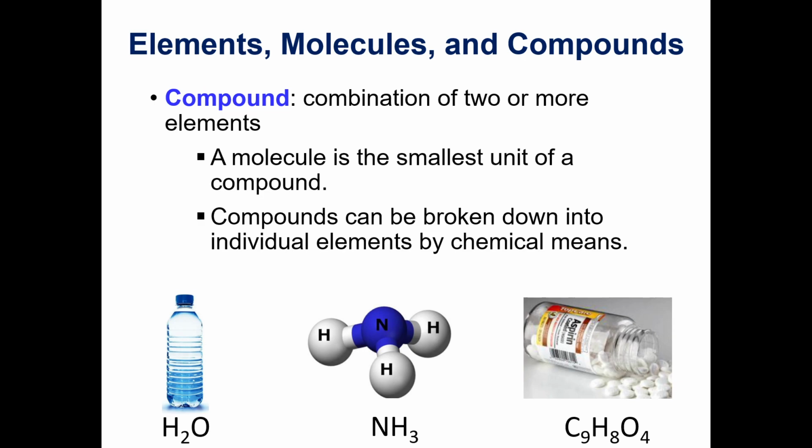A compound is a combination of 2 or more elements. So the key difference between the definition of a molecule and a compound is that a molecule just needs 2 or more atoms. To be a compound, it needs 2 or more elements. So things like H2O or ammonia, which is NH3, or C9H8O4, which is the molecular formula for aspirin, would be compounds, and they would also be molecules. Things like N2 or H2 would be molecules,